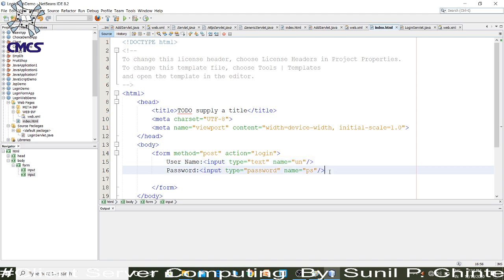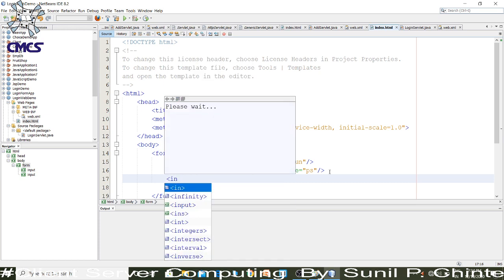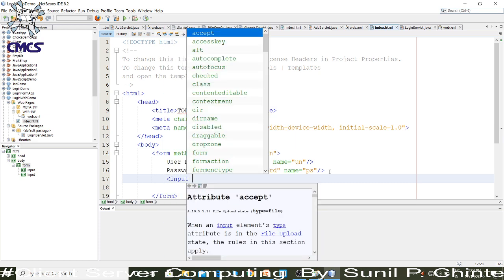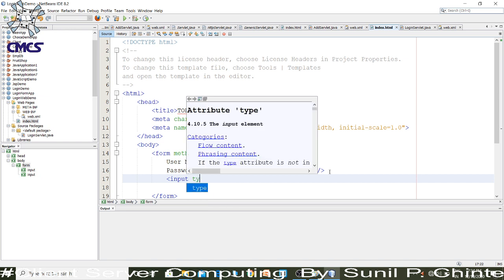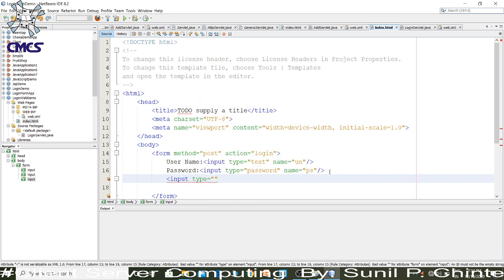Then another input field, input type submit, because we have to submit the data.